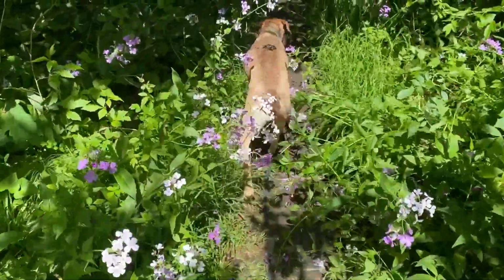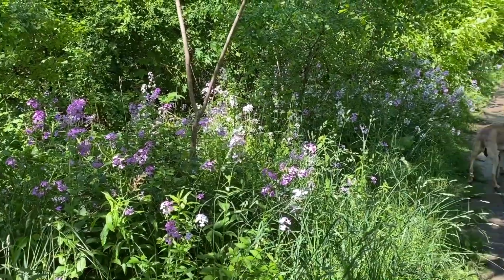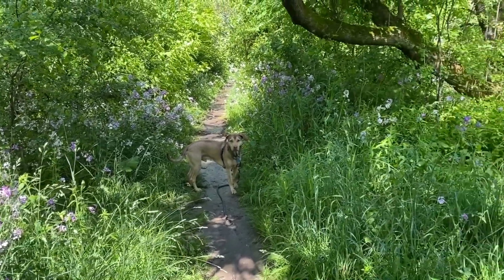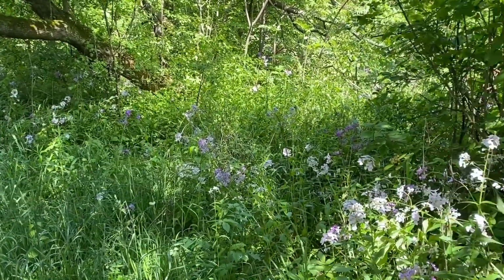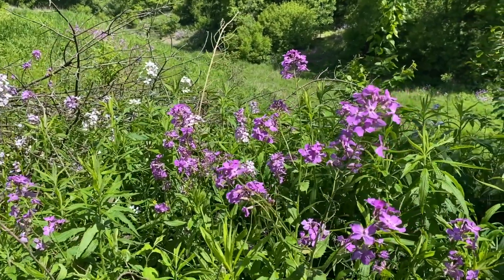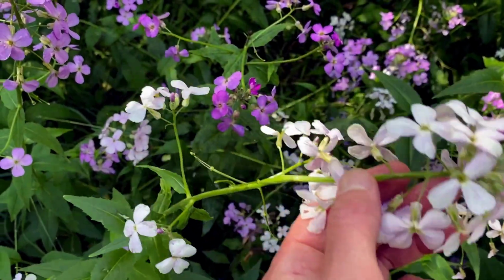Here is a beautiful late spring bloom. Look how it falls onto the trail and it just grows all along the woodland, side of the woodlands and in the prairies. And you'll find this plant in all the different colors. You'll see the dark purple, you'll see the mauve, light purplish, you'll see this white, all the different colors that